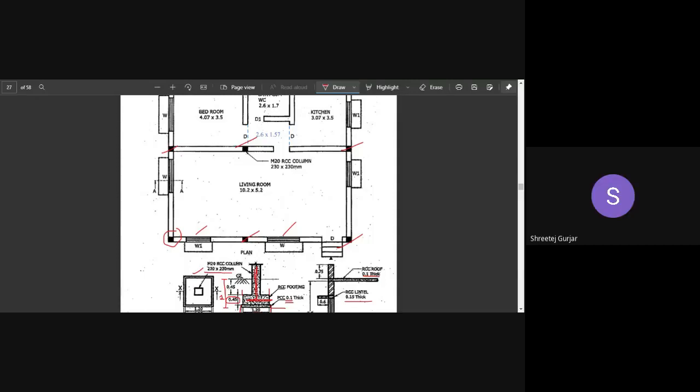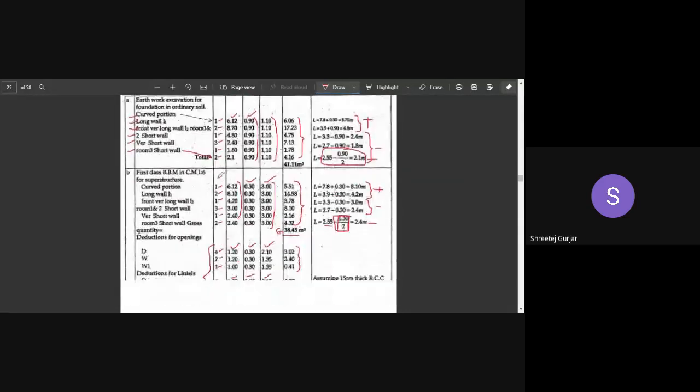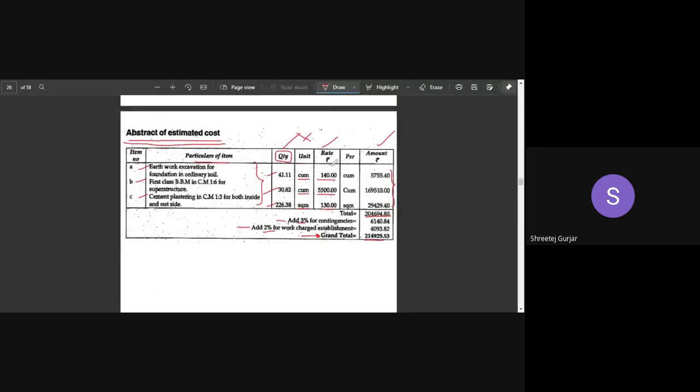Yes, that is the main thing. You have to remember all the rates. Abstract, all the rates you have to remember. That is one thing that is tedious over here, that you have to remember all of this. So you have to practice with the rates. You can use the latest rates which are there in your locality. You can adopt those rates and multiply them with your quantity. Rates will not be given. The rate list will not be given. You have to remember this.